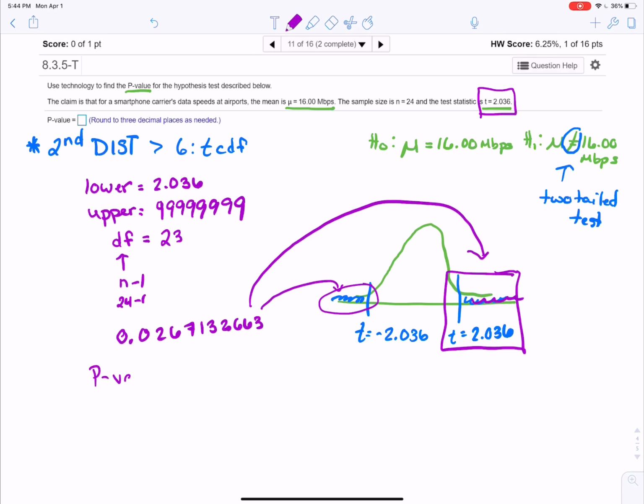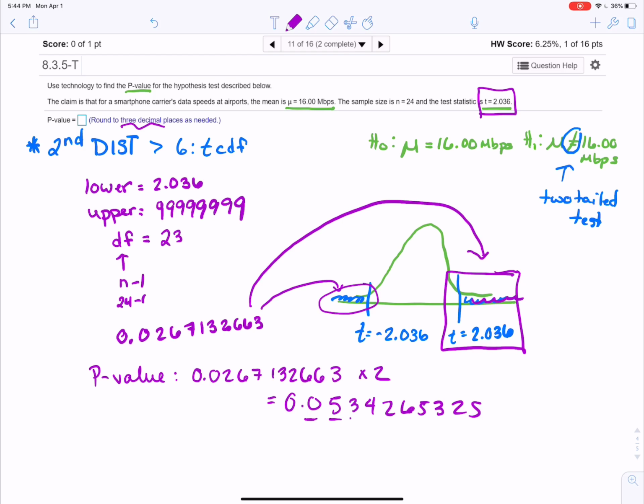So to find my p-value, I'm going to do that area, that 0.0267132663, times 2. And then they tell me round to 3 decimal places as needed. So when I do that in the calculator, I get 0.0534265325. And then I go 1, 2, 3 decimal places. That 4 tells me to leave that 3 alone. So that means that my p-value is 0.053. That's it for chapter